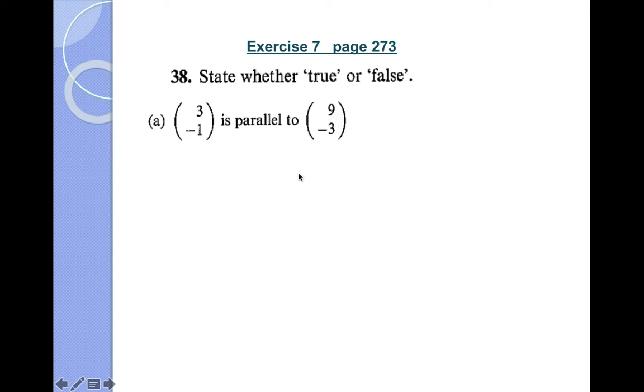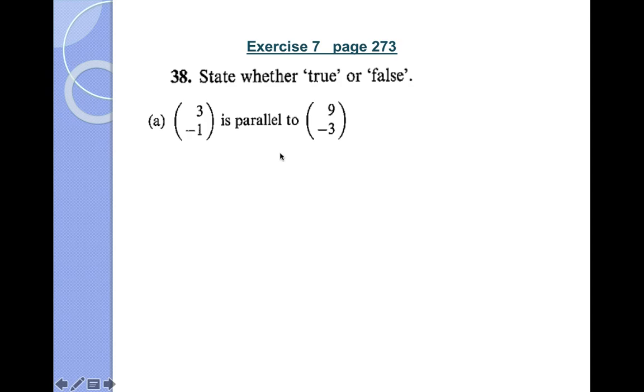Now, how do you prove it? I told you, to prove it, one vector should be a scalar multiple of the other vector. That means two vectors are parallel if one of them is a multiple of the other. Here, when you analyze the x components, you can see 9 and 3. 9 is a multiple of 3, right? So, if two vectors are to be parallel, then one of them should be a multiple of the other.